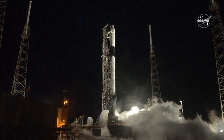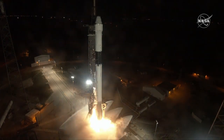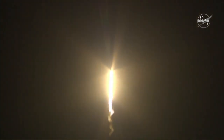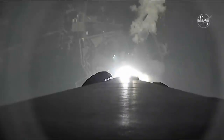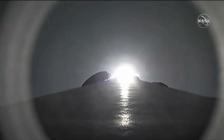8, 7, 6, 5, 4, 3, 2, 1, 0. And liftoff of the Falcon 9 rocket and cargo Dragon on the final flight of the Dragon 1 spacecraft, taking research designed to improve life on Earth and lead discovery in space. So the vehicle begins pitching downrange to get into its proper ascent for orbit. Falcon 9 is looking good. 2 million pounds of thrust as it goes into space. Coming up in just a few seconds, it will experience